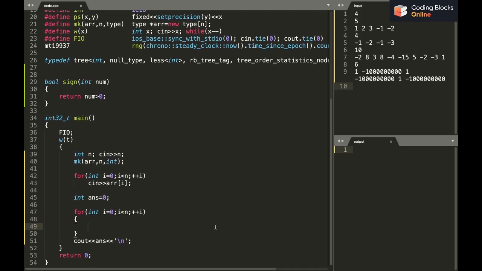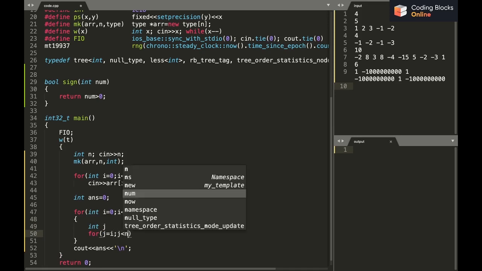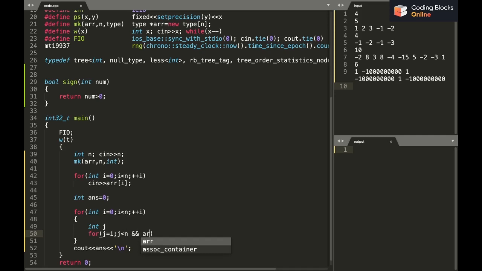So what I can do here is iterate for int j equals I. Let's say int j is here only. For j equals I, j is less than n, and basically sign of j equals, or let's use a while loop.